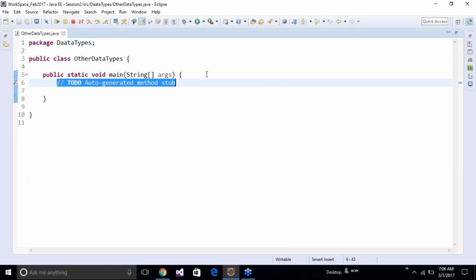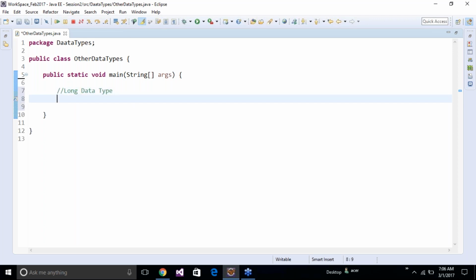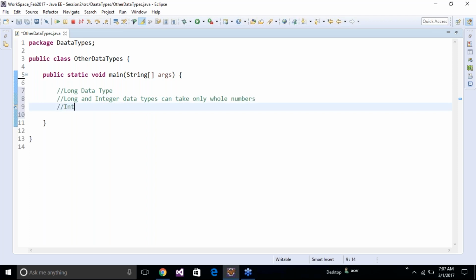So yesterday we saw the integer data type. Right now we're going to see the long data type. Now you would like to know the difference between long and integer. Let us first understand the similarities. The similarity is that long and integer data types can take only whole numbers. If you want to understand the differences, integer can take only 32 bits of data, and long can take, I will not say only, I will say up to